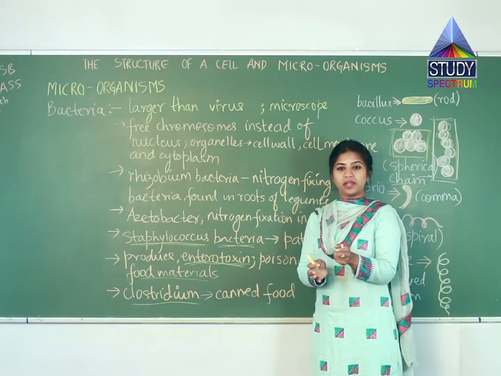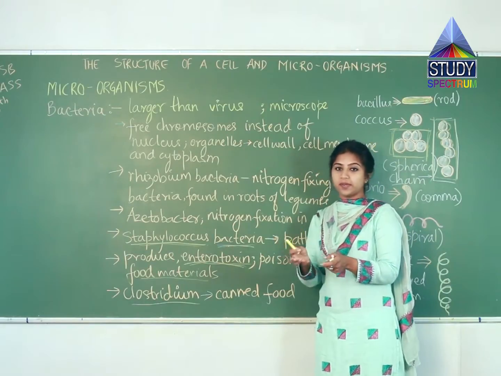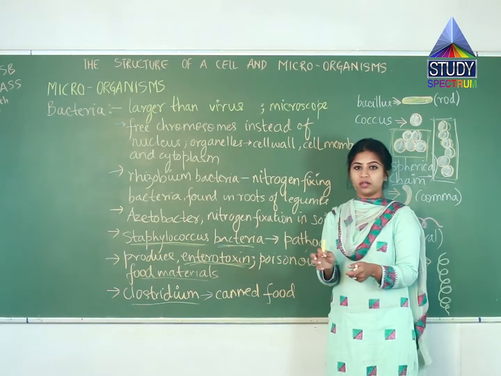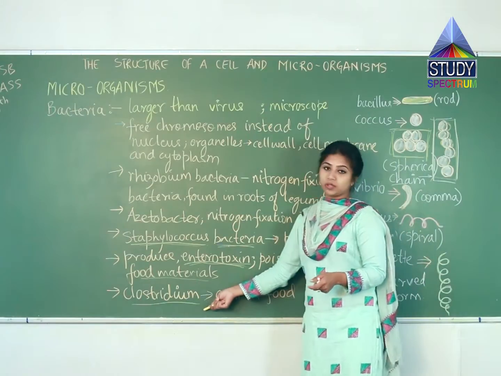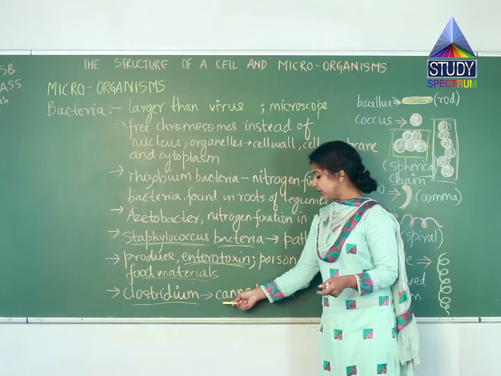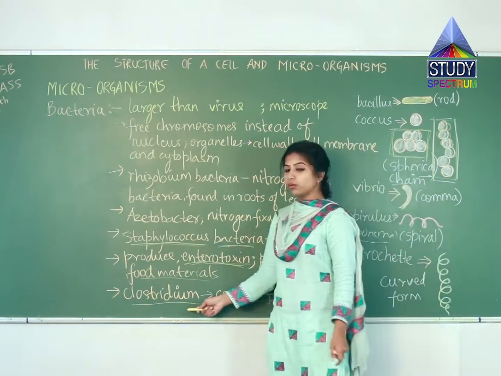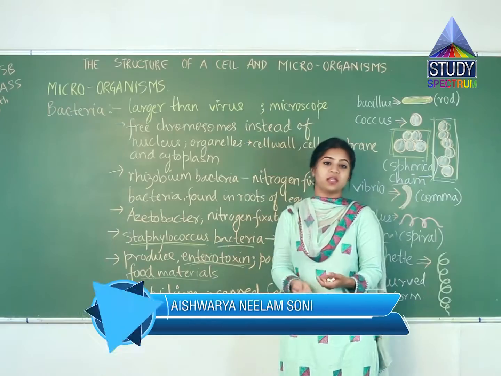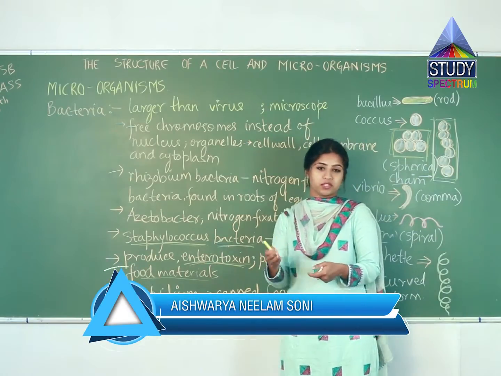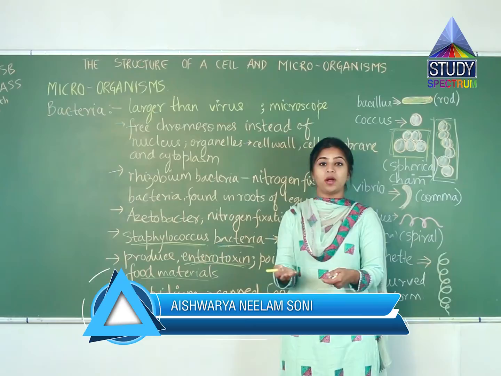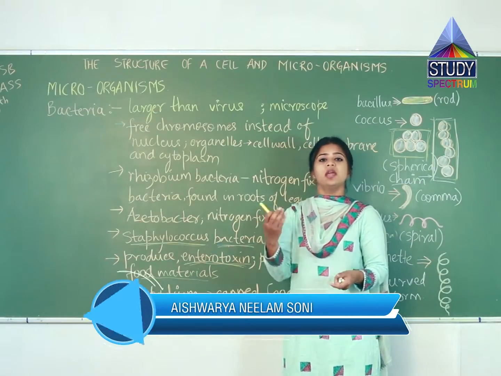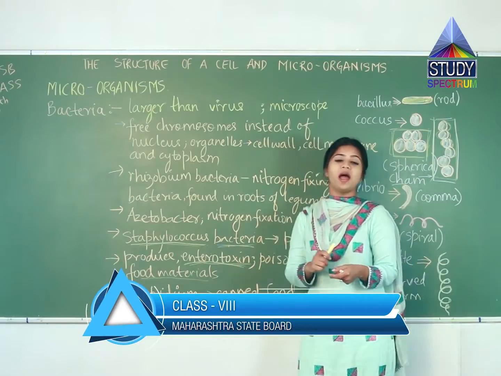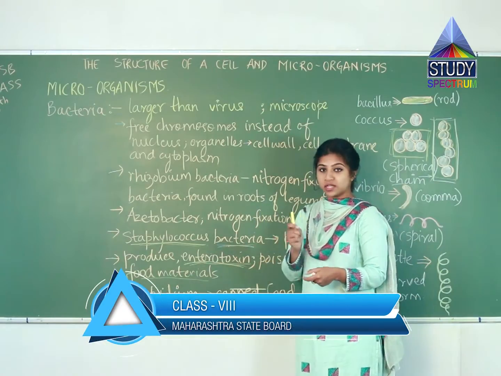The canned food like canned beans and all the chocolates and all the yogurts that are canned, it usually affects that type of food. So Clostridium affects the canned food, and because it has the ability for anaerobic respiration, that means it does not require oxygen for its growth. It can grow in an environment where there is no oxygen too, and hence it proves to be hazardous to